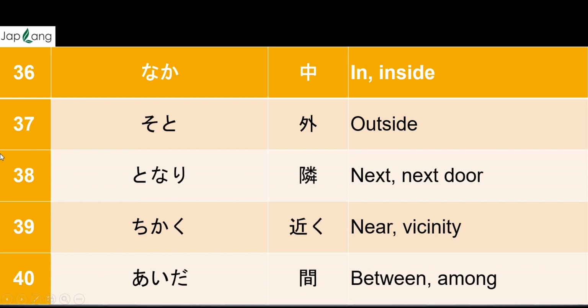Naka is inside. So all these things are positions we are discussing. Kaban no naka is inside. Right? Naka means in or inside. Kaban no naka saifu ga arimasu. Okane ga arimasu. Inside the bag there is a purse or money. Kaban no naka ni nani ga arimasu ka? Inside your bag, what is there?